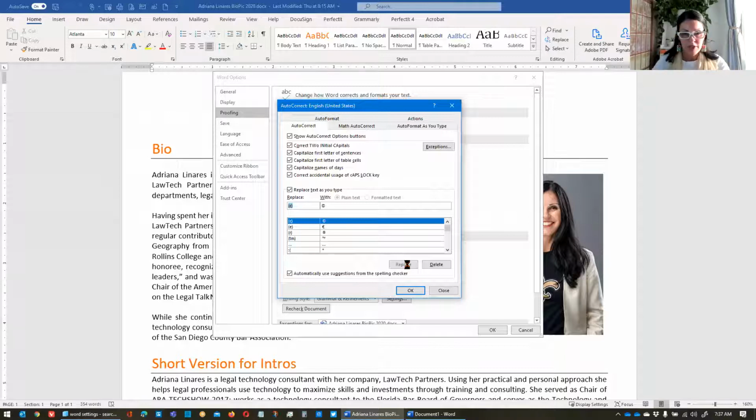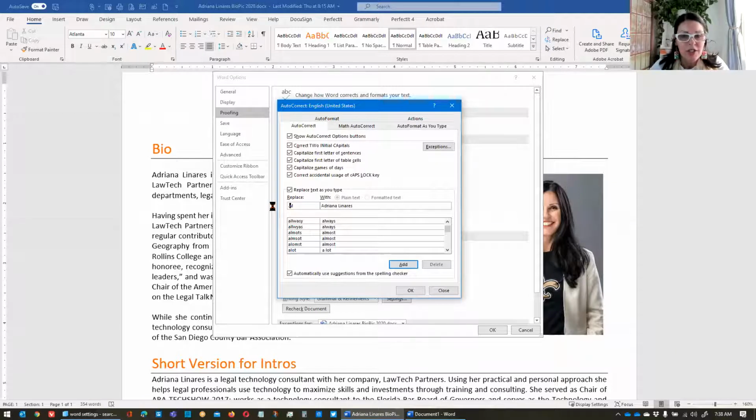autocorrect or auto replace. So if my initials are Adriana Linares, I could tell it anytime I type .al, I would have it replaced with Adriana Linares. Now, why did I put a dot in front of that? Okay, a couple of reasons. The word et al, is a real word. So if I happen to type et al, which I don't that often, but occasionally I will in an email, I don't want it to replace et al with Adriana Linares. So I put a dot in front of it. I put a dot in front of all my shortcuts inside Word. It also keeps them sort of alphabetized in that list down there together.